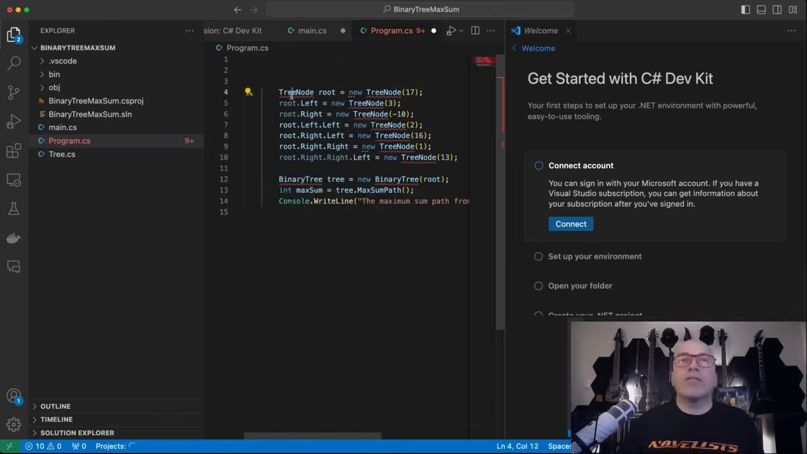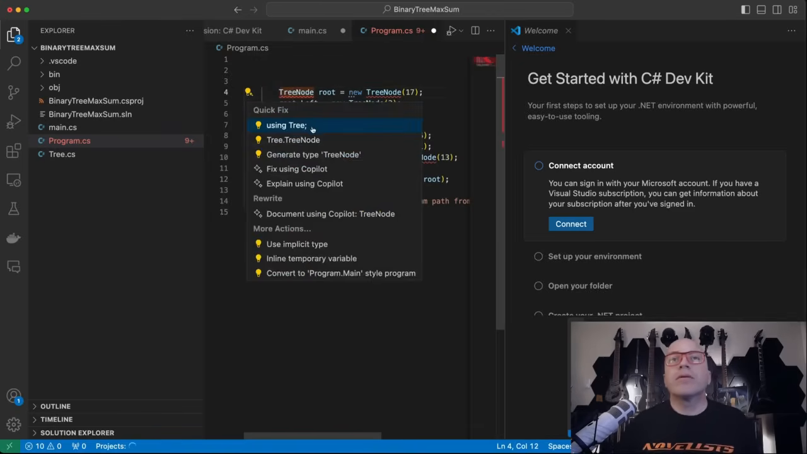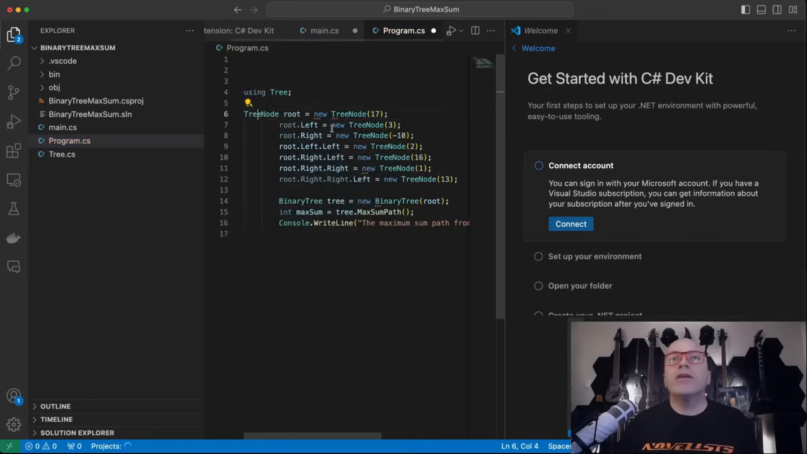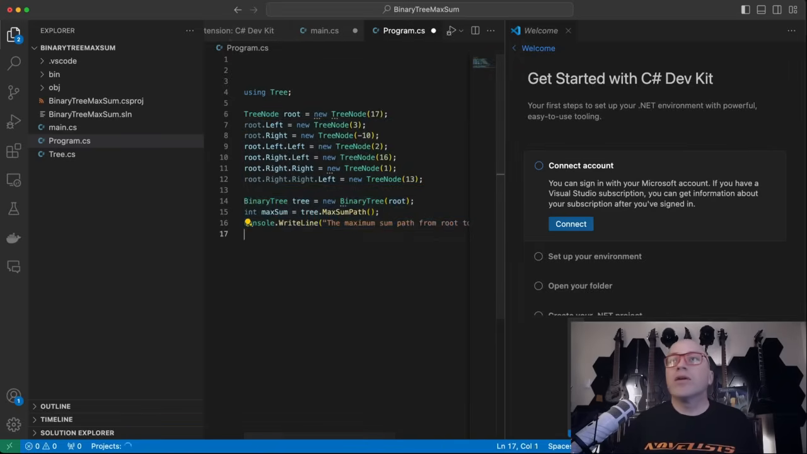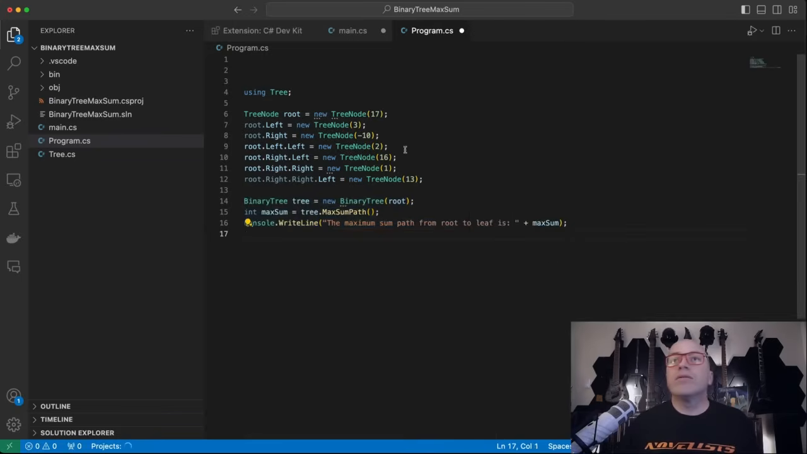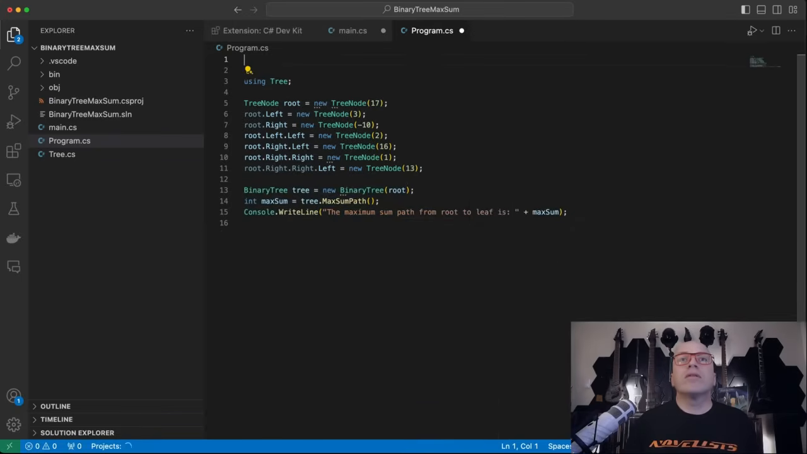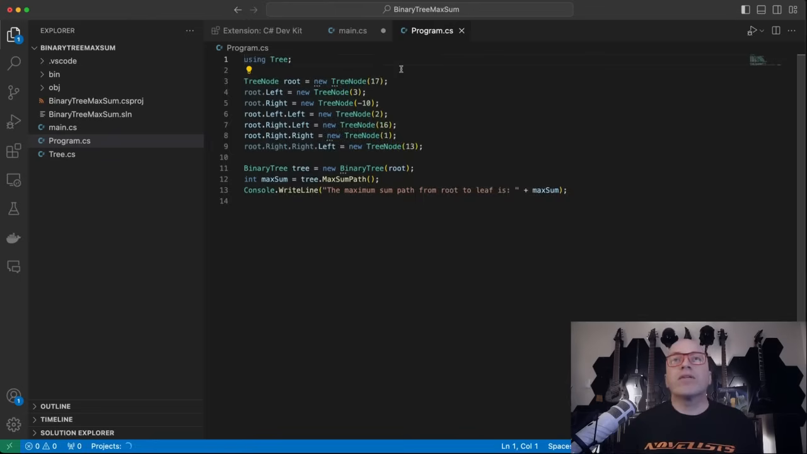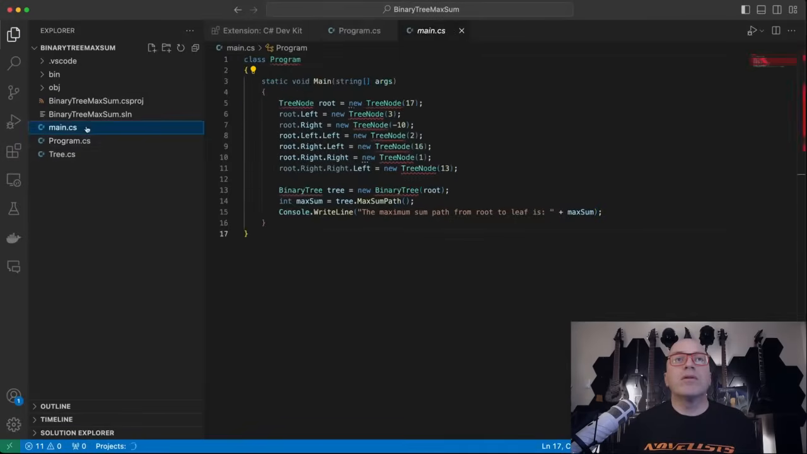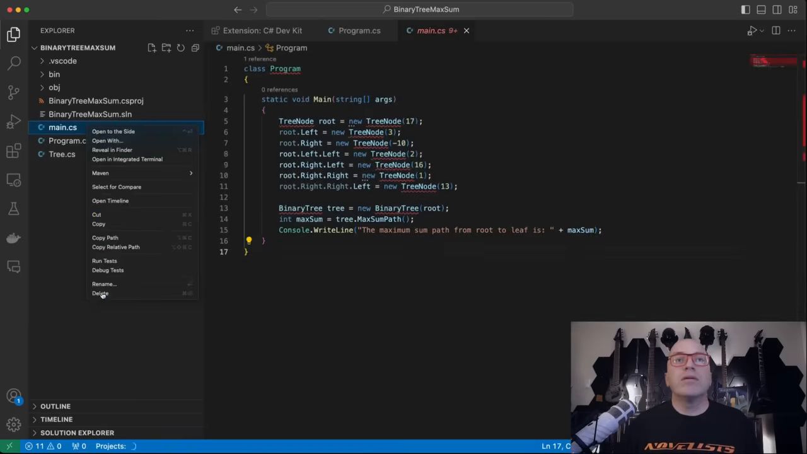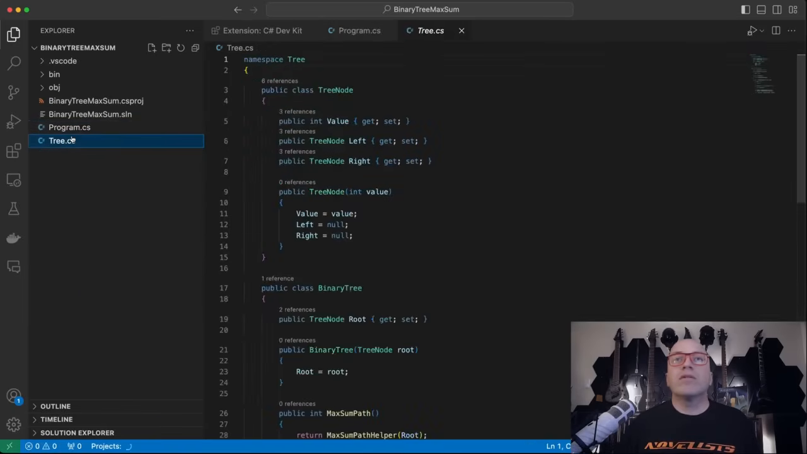And then how do I reference these things? Using tree? Oh, there we go. Okay. Oh yeah, okay, so that pulled in that library. Okay, thank you, C# kit. Oh, that's pretty slick. Okay, so that's the C# program. I don't need this file anymore. Here, delete. Okay, so we got tree,